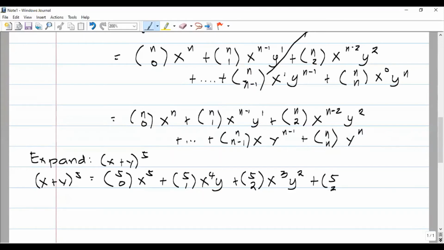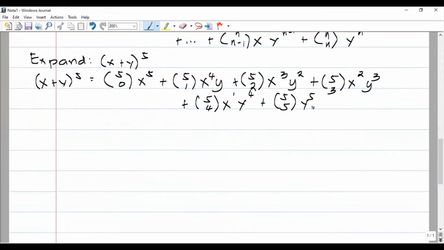the combination of 5 taken 3 at a time of x raised to 2, that is 5 minus 3 is 2, y raised to 3, plus the combination of 5 taken 4 at a time, x raised to 1, why? Because 5 minus 4 is 1, times y raised to 4, plus the combination of 5 taken 5 at a time times x raised to 0 is 1, times y raised to 5. So the final answer is